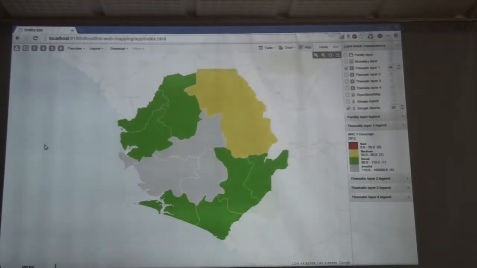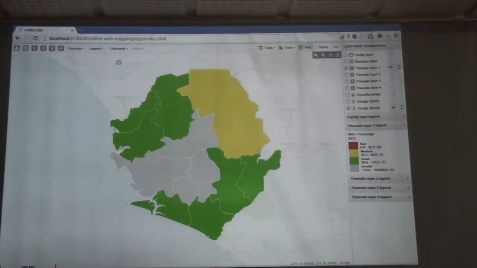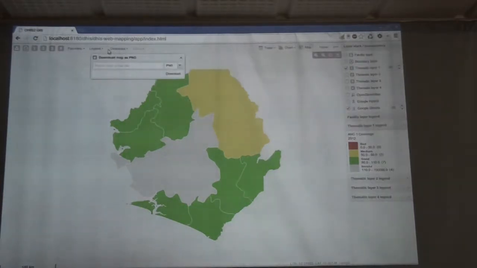Okay. So if I want to download this map as an image, for instance, I go to the download button on the toolbar. So if we want to download this map as an image, we go to the Download button in the menu bar. We give it a name. Okay, so we give the map a title,